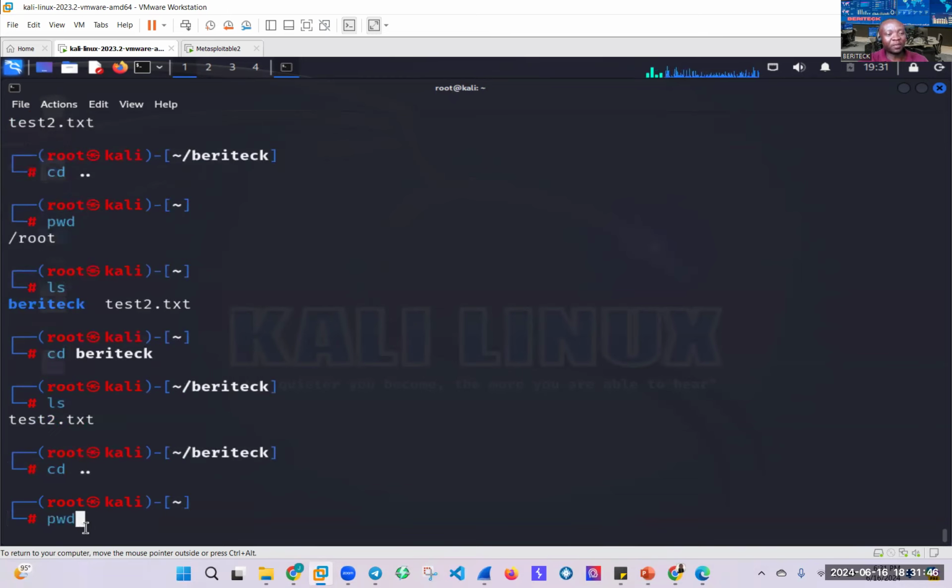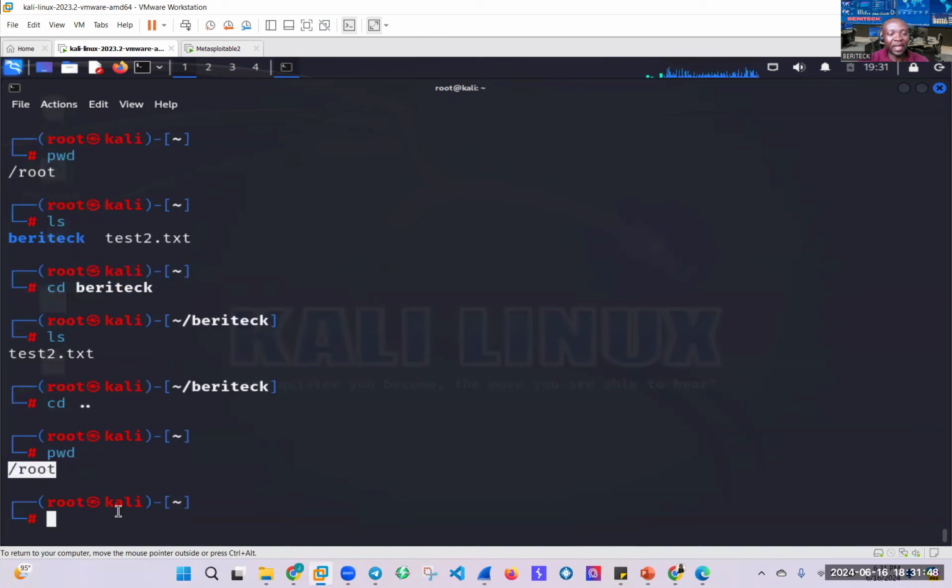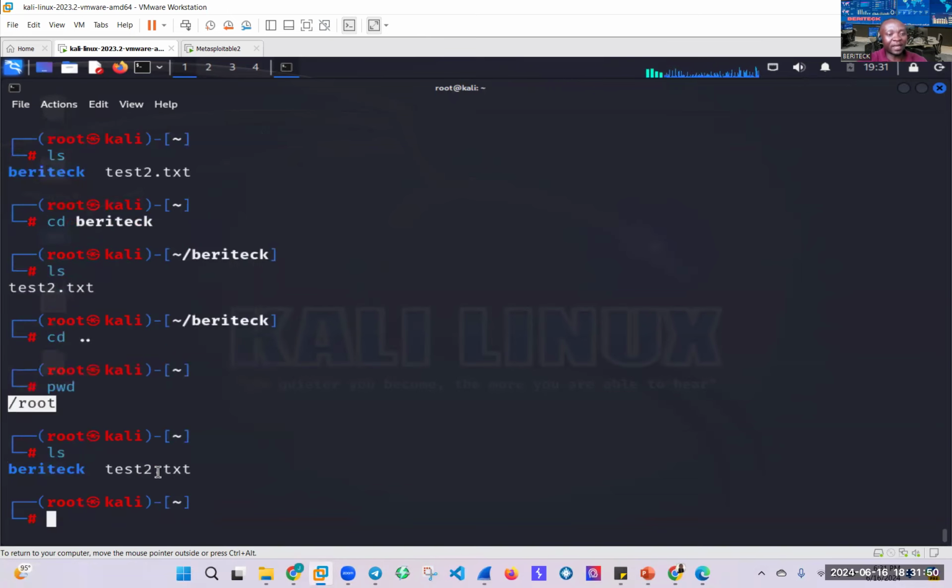And let's validate with the pwd. I am back at root. And if I do an ls in here, I still have this file here and the folder, right? Okay, so what I want to do is